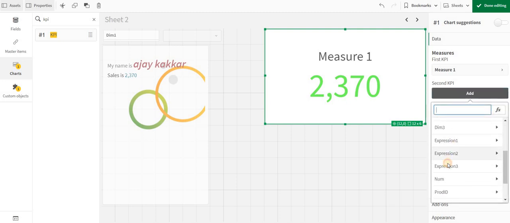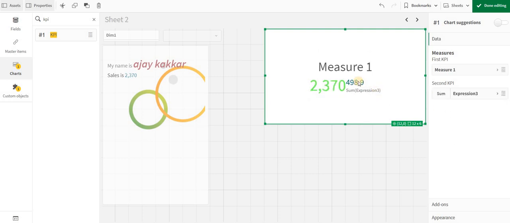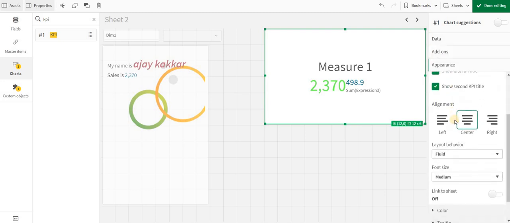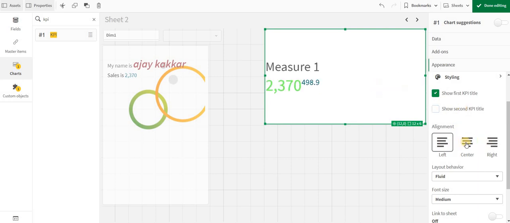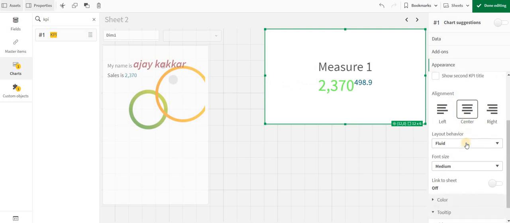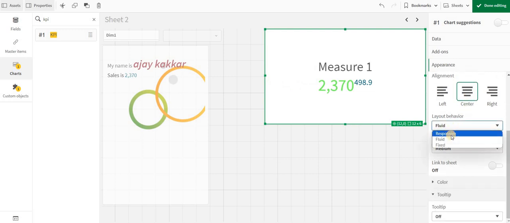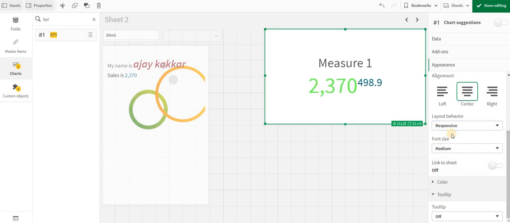So I'm going to add a custom measure, let's say sum of expression 3, and I have the values over there. Let's see what the presentation is. So I will go into appearance. Over here I can just tick that I want to show the title, or let's say I just don't want to show the title of KPI 2, and I can align it left, right and center. I have a layout behavior, this was not present, so I can say responsive behavior, and font size I can